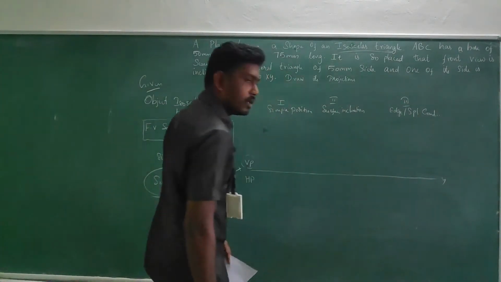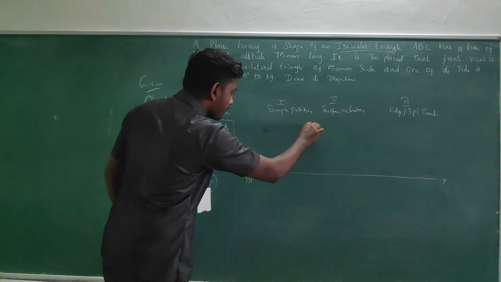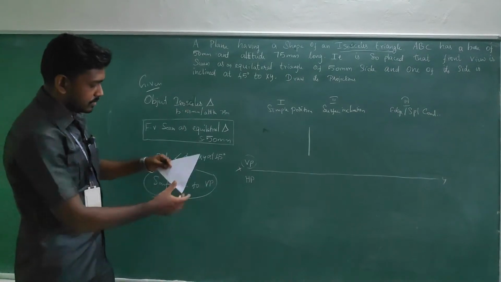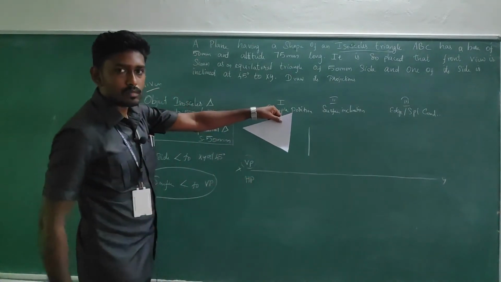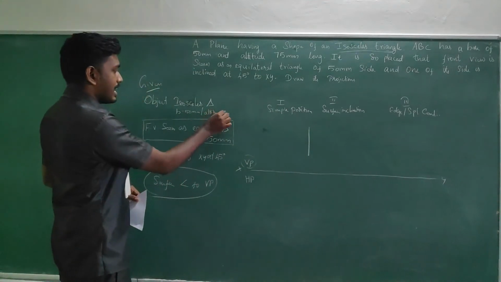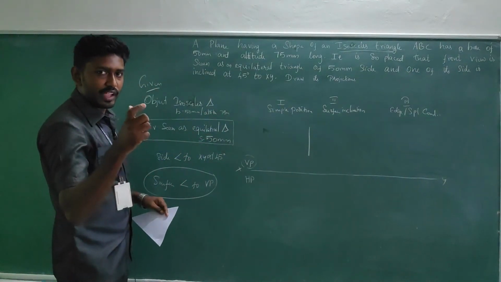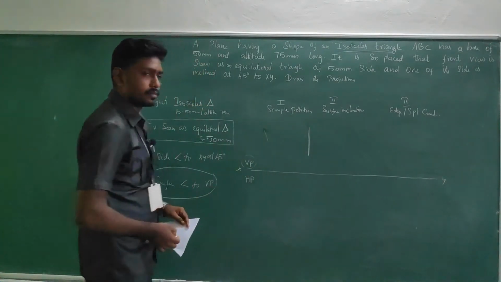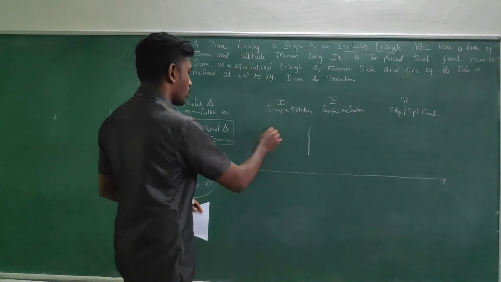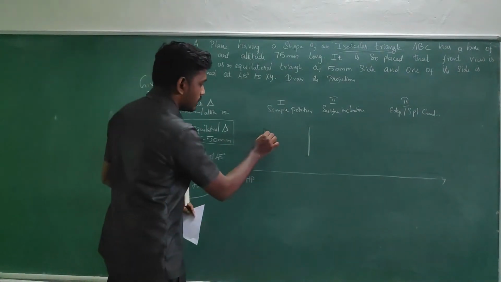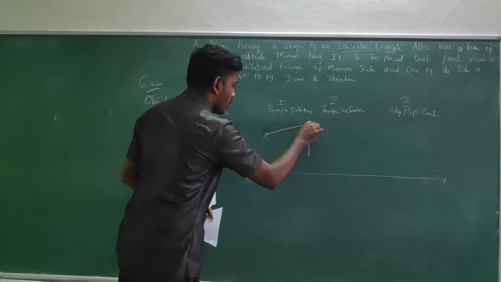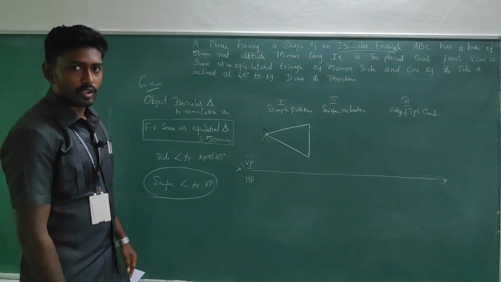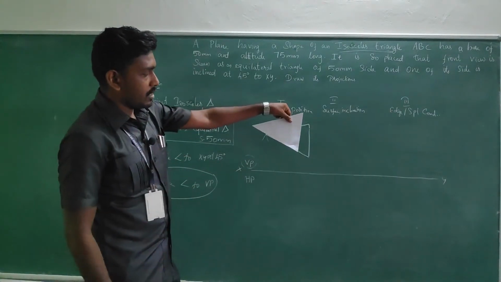So we are going to start with the second position on VP. First have the perpendicular line with a measurement of 50 mm. It's your base. And then in order to take the altitude height, take 75 mm in your compass, keeping at the end of the line and go for an arc. From the opposite end, go for a cut mark, so that you get the object like this. Okay. So this is the position.